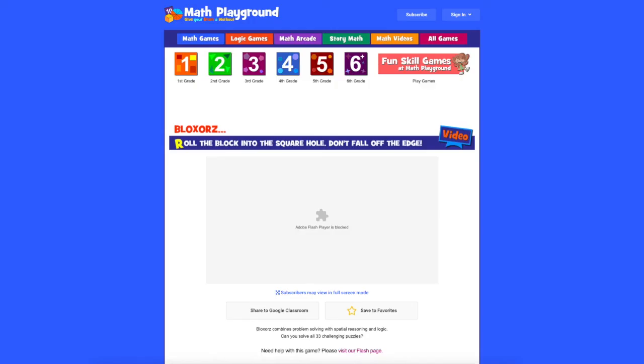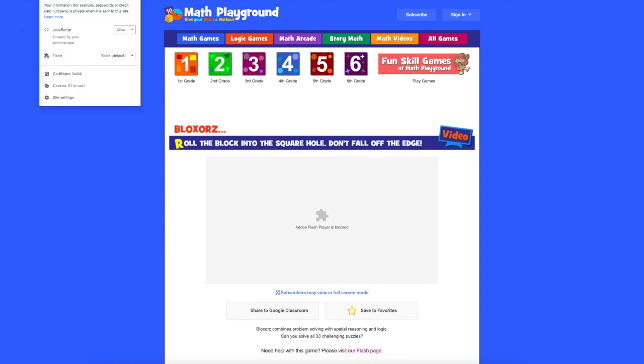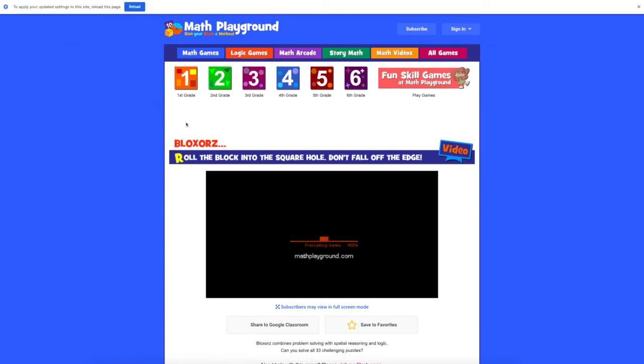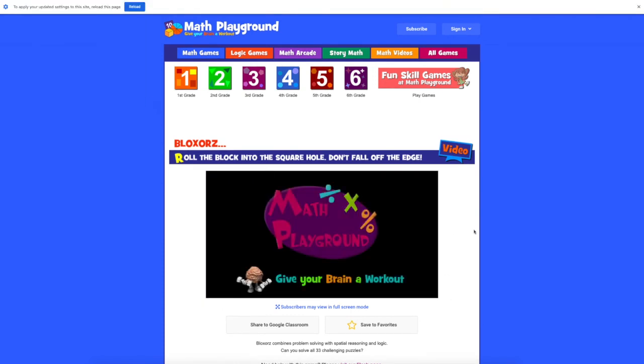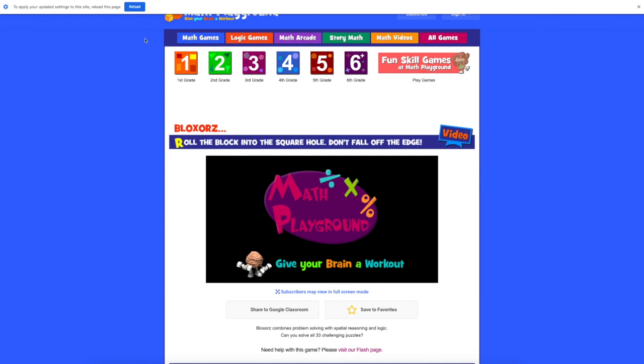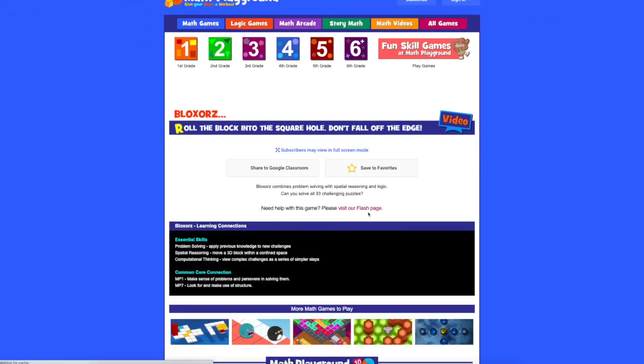And the last one is Bloxorz. Now, I left this up on purpose because if a pop-up says your Flash player is blocked and you can't do it, click in the upper left-hand corner, and you get this drop down right next to the Omnibar, there's a little lock thing. If you click on it and then click to allow, it will run the Flash player and let it go, and it might say reload. You can reload it,